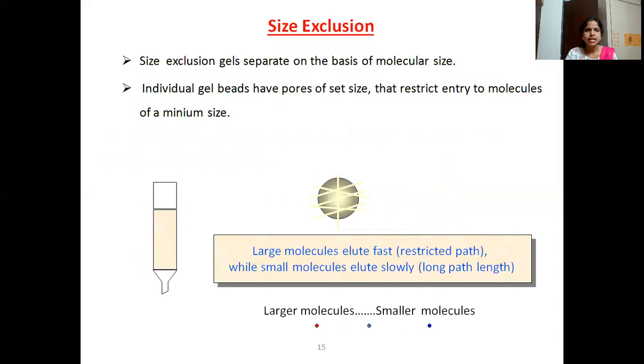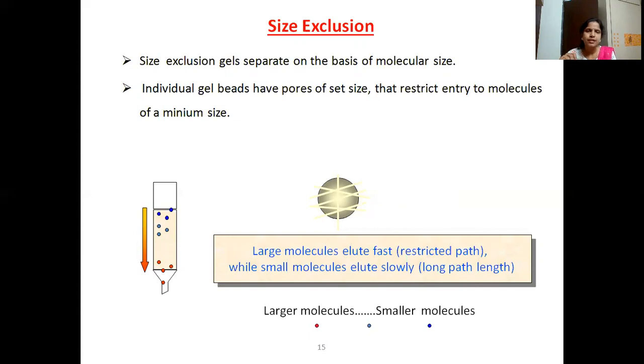The third type is size exclusion. So size exclusion is nothing but it is based on the molecular size. So size of the particles we deal with. Now here the column will be filled with the gel beads. Okay, so this column here, it will be filled with gel beads, and when we have the sample with the different sizes, small and the larger size particles, what happens is here